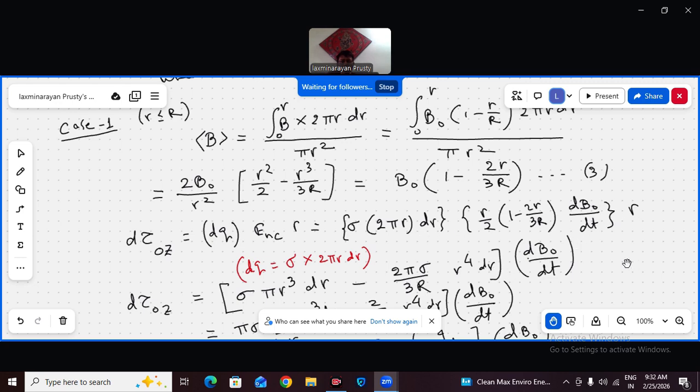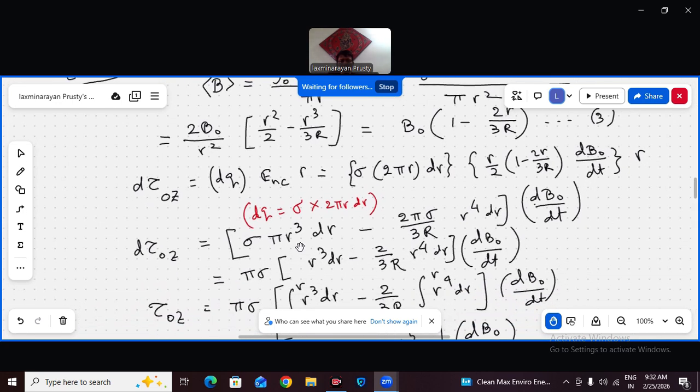So that turns out to be sigma into pi r cube,